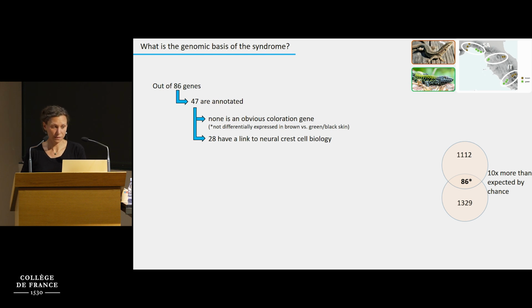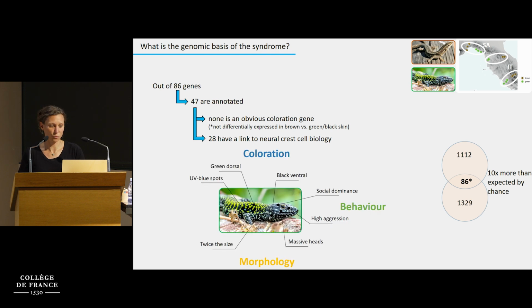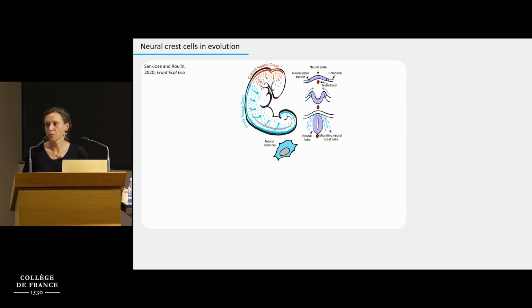That got me very excited. It might not be obvious why, because you might think that these different traits have probably nothing in common. Coloration is based on pigment cells in the skin. The differences in heads is based on cartilage and bones in the skeleton of the skull. And the behavior is probably based on hormonal differences or neurological differences. But what all these traits actually share is that they develop from the same developmental cell type, and that's neural crest